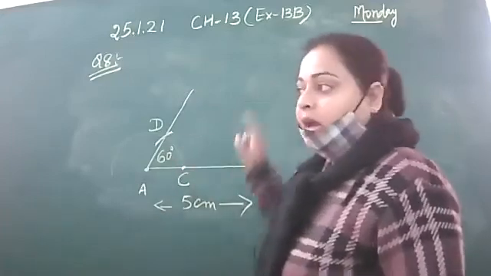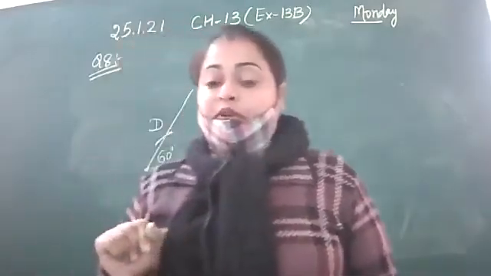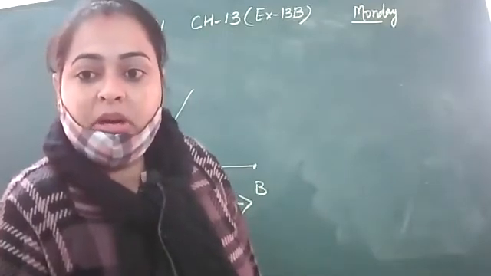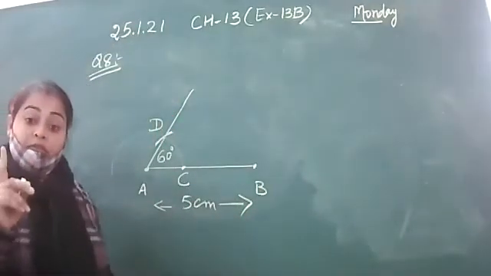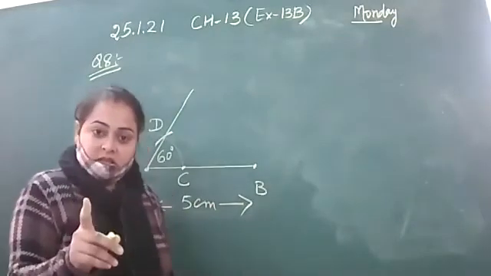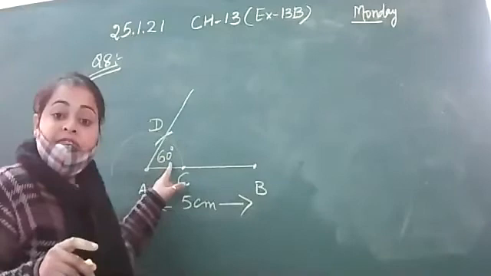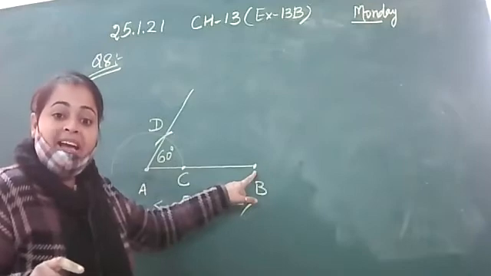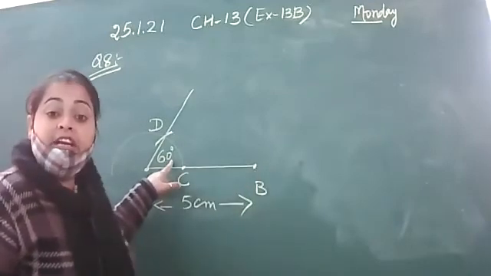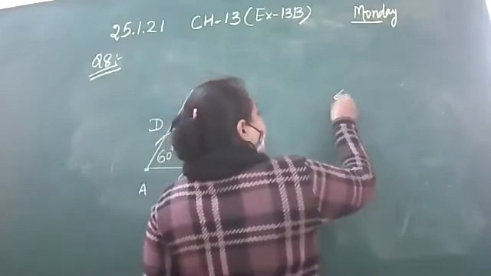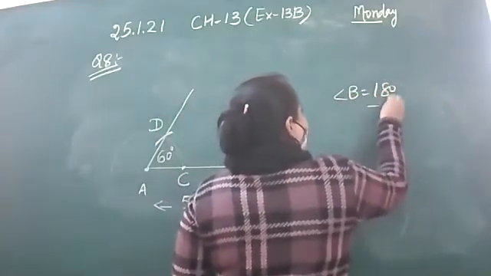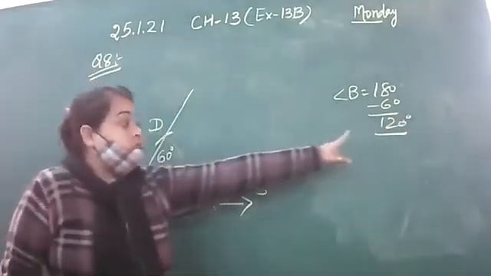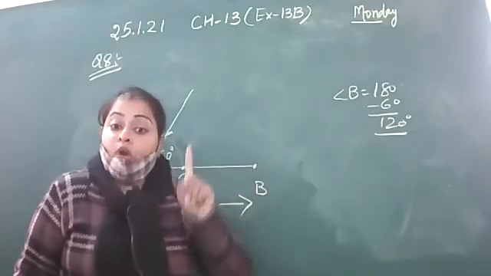Okay, now students, listen to me very very carefully. I am going to explain. Very good, Hemang Arora. Now listen to me very very carefully. In rhombus, if this angle is of 60 degree, then you can easily find the next angle by subtraction of this from 180 degree. So angle B is 180 minus 60, 120 degree. This you will apply in rhombus.